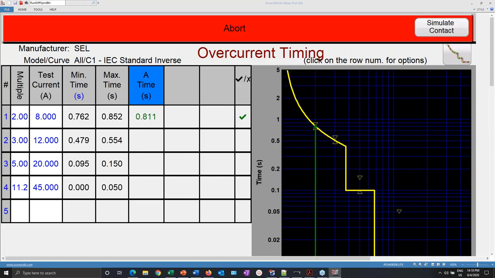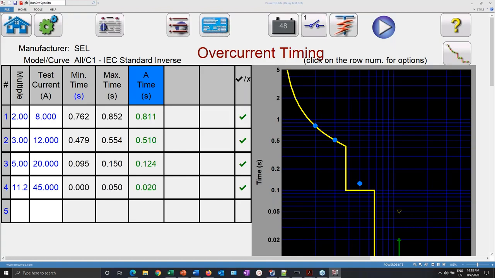Now, when I run the test, you'll see what happens. And this is a real test. I'm running it live for you here. The relay is actually tripping. So see how I injected 8, 12, 20, 45, and I tested all of the times for this element in a single test. And on top of that,